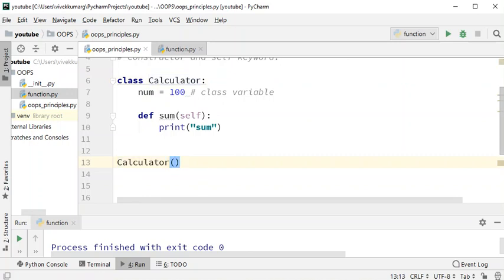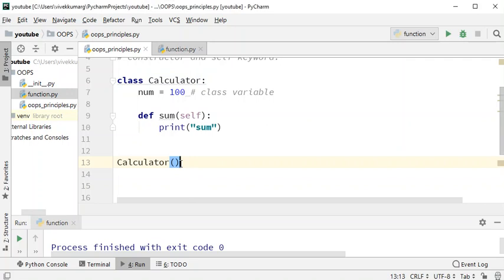So this is how you will create an object. Now in maybe Java or JavaScript, you must be using the new keyword, right? In Python, this is not required. So this is how in Python you create an object.